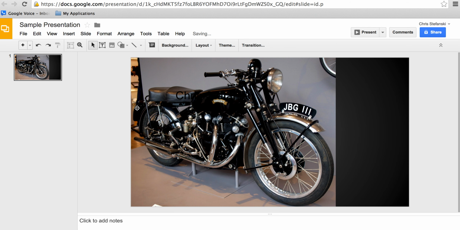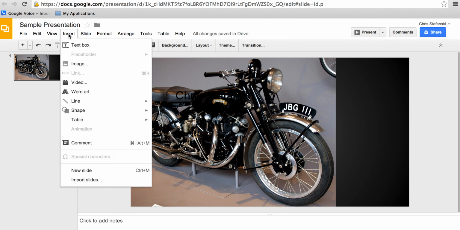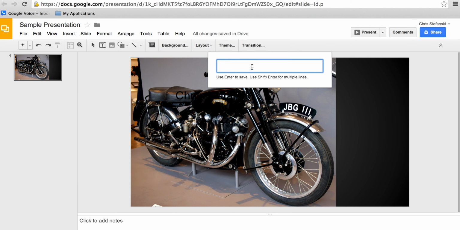Now, the word art that's in Google Slides, it's not as robust as it is in PowerPoint, but it's still a way that you can read your text easier when placed over an image. So I'm going to go to Insert, Word Art. You're going to see that it gives me just a little box that I can type in. So I'm just going to type what I had before